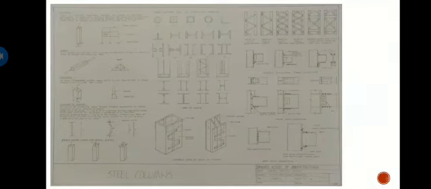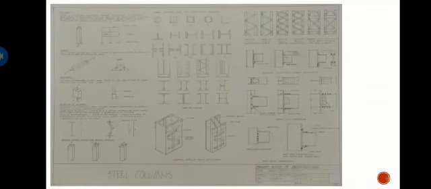Next is isometric view of built-up columns. So here a column is built of C sections, that is channel sections, using a tie plate and a lacing. In the second diagram we can see the channel sections are placed opposite to each other and a column is being built up using a tie plate and the lacing. These are the diagrams of built up columns. First one is single lace system, second one is double lace system and the third one is double lace system and single lace system combined with cross members.